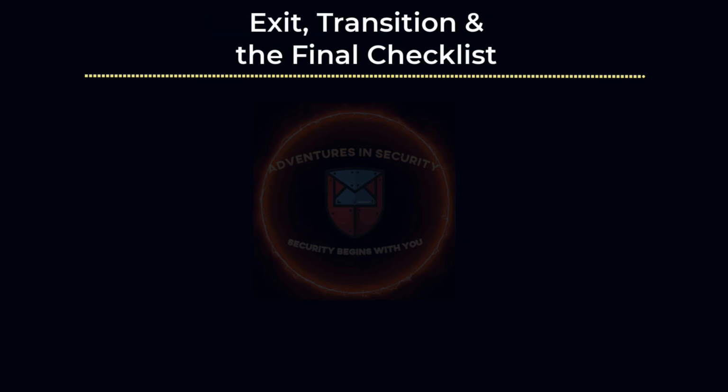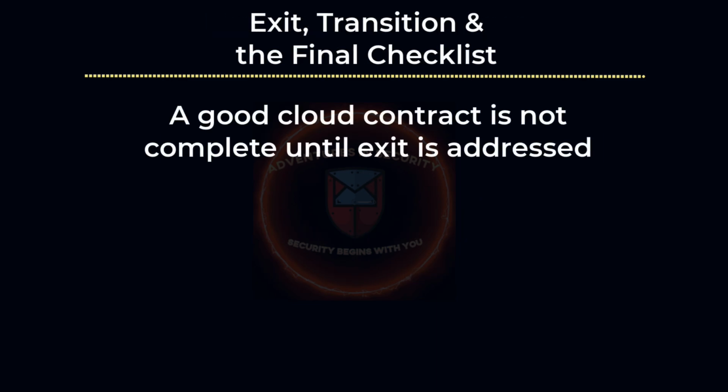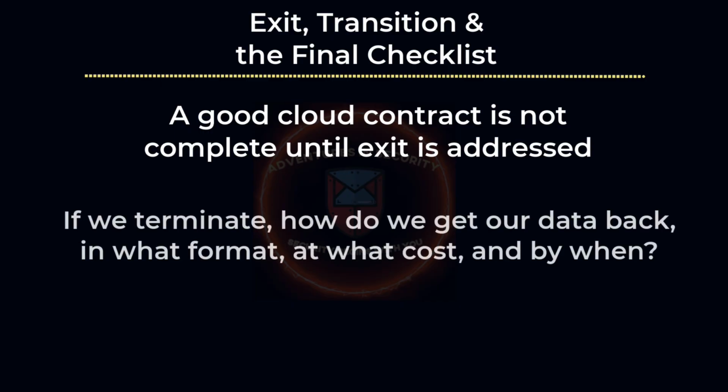Exit, transition, and the final checklist. A good cloud contract is not complete until exit is addressed. Customers should ask, if we terminate, how do we get our data back? In what format? At what cost? And by when? The agreement should also say when the provider deletes remaining copies, whether deletion is certified, and how backups are handled. If the service is critical, transition assistance may be necessary so the customer can migrate to another